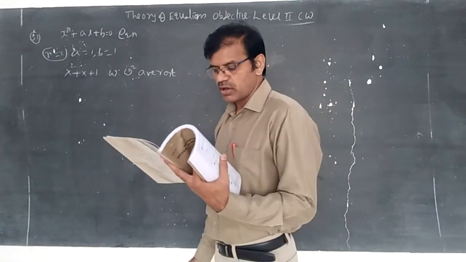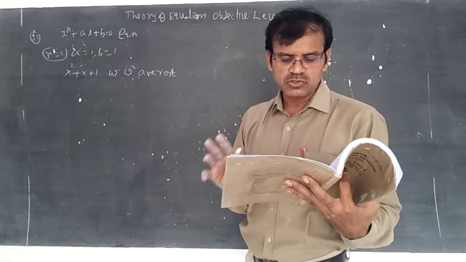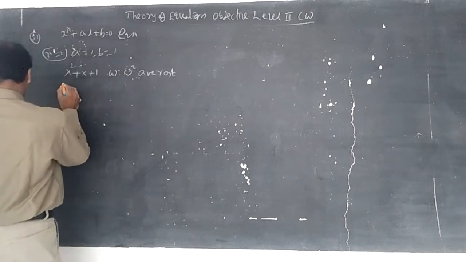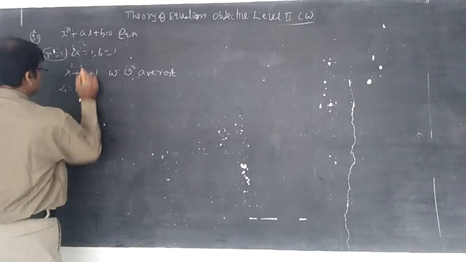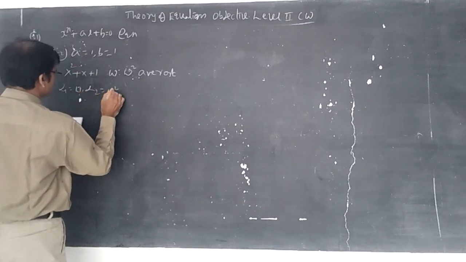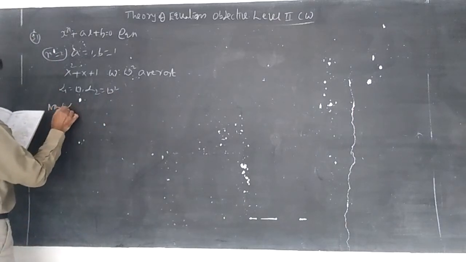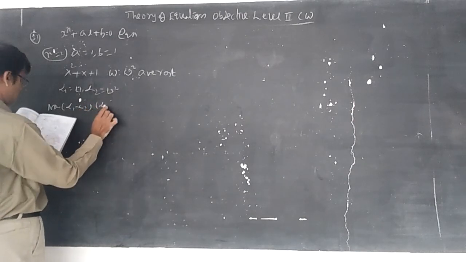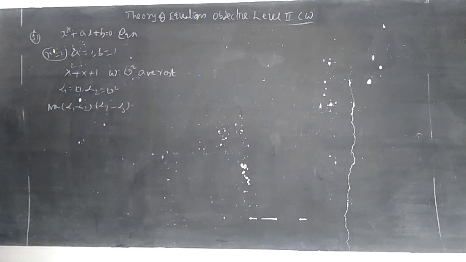Now you can understand alpha 1 minus alpha 2, alpha 1 minus alpha 3. Students, we are taking only n is equal to 2, so only 2 roots will be there. So alpha 1 is equal to omega and alpha 2 is equal to omega square. Now alpha 1 minus alpha 2 into alpha 1 minus alpha 3. That's all. There is no 3rd root, there is no 4th root. So leave it.